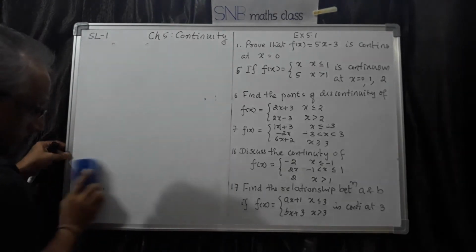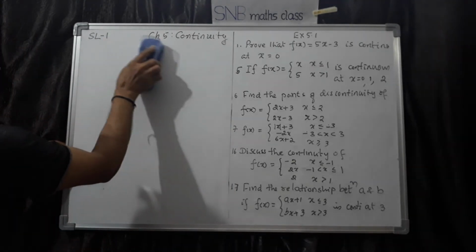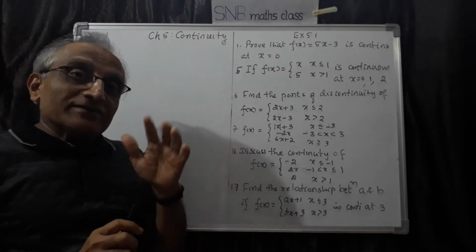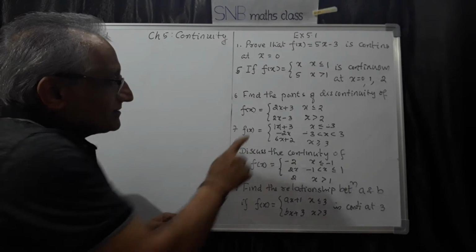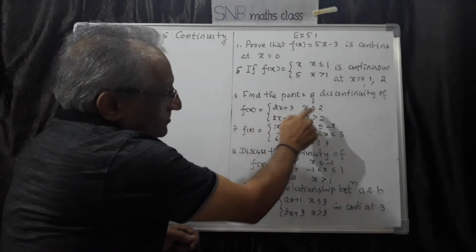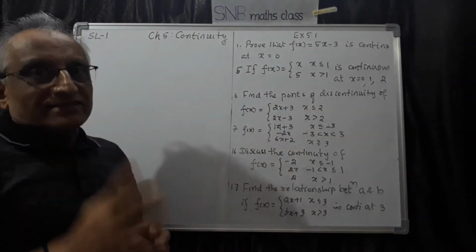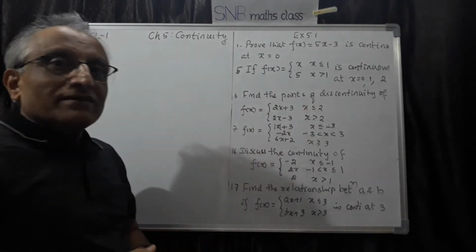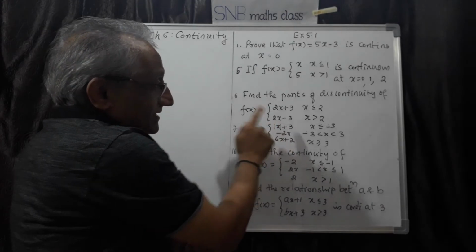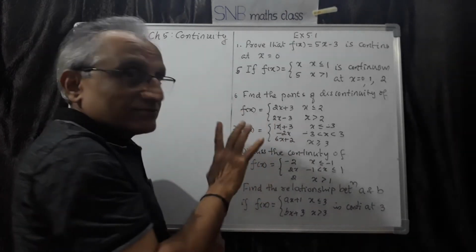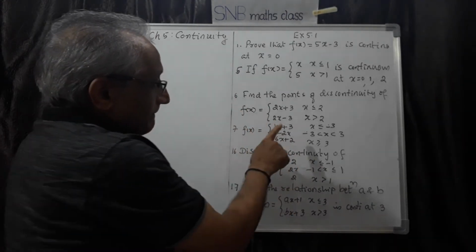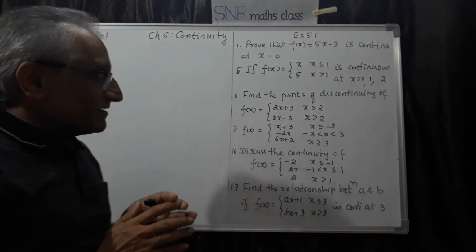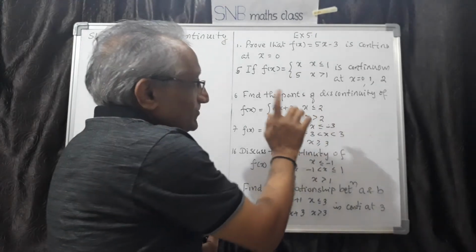Find the points of discontinuity means you must have an understanding. All this type of question, you have to understand the theoretical background. Whenever x is less than or equal to 2, this is a polynomial function, so it is continuous. So there is no need to check for anything less than 2. More than 2, it is once again a polynomial function, so it is continuous. So no need to check. Then where you have to check, that is important. Therefore, this type of question you have to understand properly. Only at x equal to 2 you have to check the continuity.